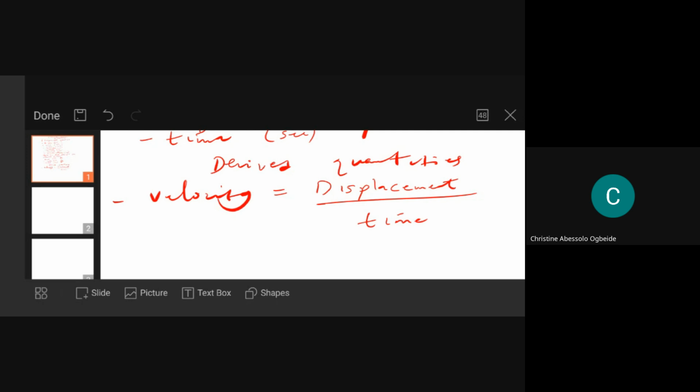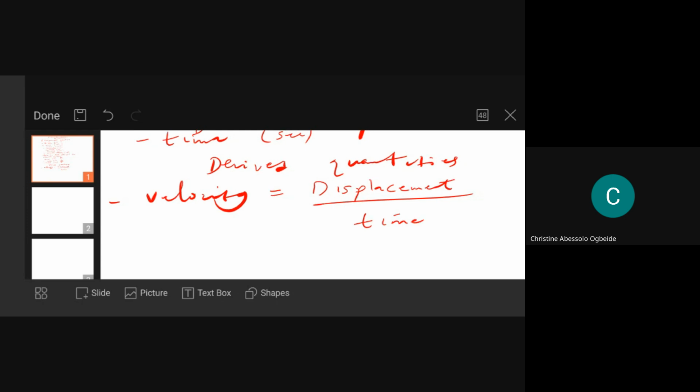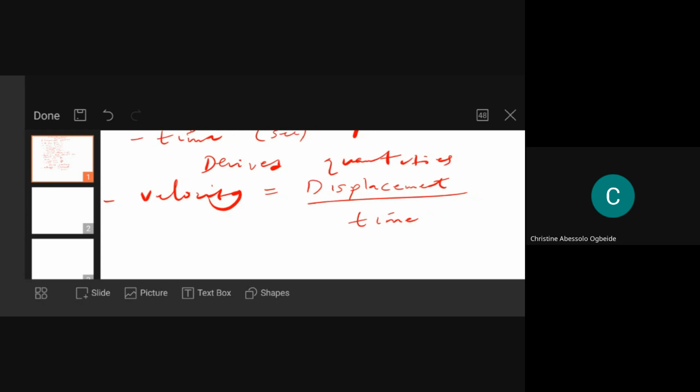Now remember that displacement is distance in a specified direction. And if that be the case, it means that if you want to define length, you will tell us the length between 2 points. That's distance. The distance from point A to point B is simply the length between those 2 points. So it means that I can write the dimension. Of course, you know that displacement is measured in meters and time is measured in seconds. And have it in mind that anything that is measured in meters has the dimension of length. Remember, the unit for length is meters.